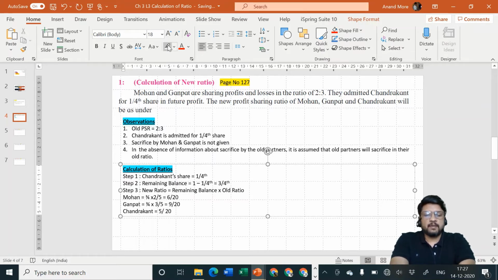And I think 5 by 20 is one and the same as that of 1 by 4, because 1 by 4 is a promise given by us and 5 by 20 is the ultimate result which we have given to him. It is one and the same. 5 by 20, 5 ones are 5 and 5 fours are 20, so it is 1 by 4 only. Okay, next step number 4.